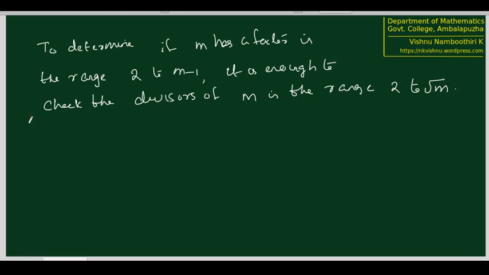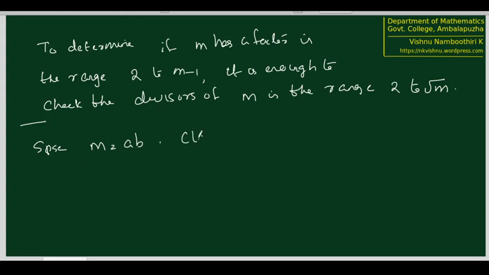In fact, once we get the idea that we need to check the divisors only in the range 2 to square root of m, it is actually very easy to verify once again using some other argument. Suppose that m has a factorization of the form ab. If m has a factorization of the form ab, at least one of the factors, as we have just seen, the factor ak, is going to be less than or equal to root m.